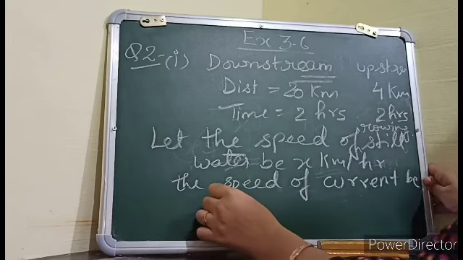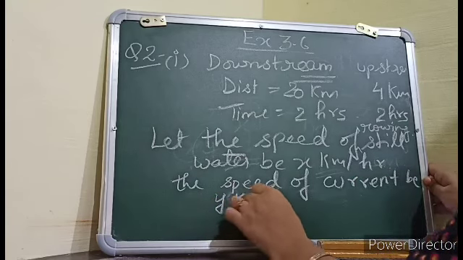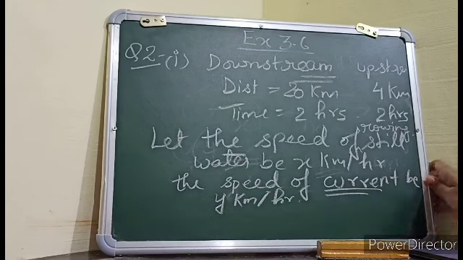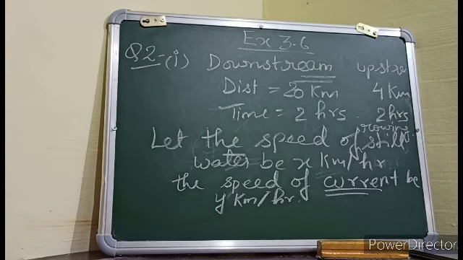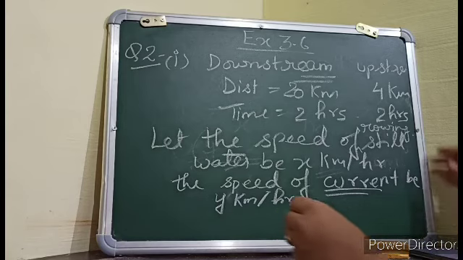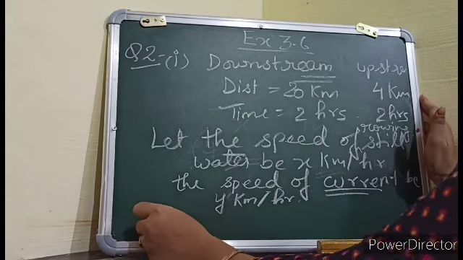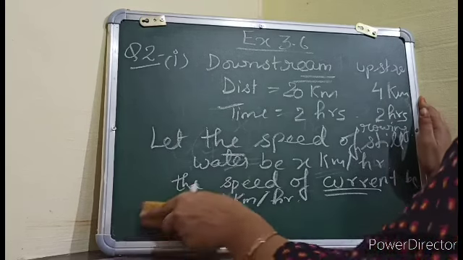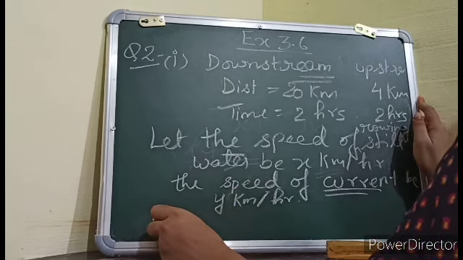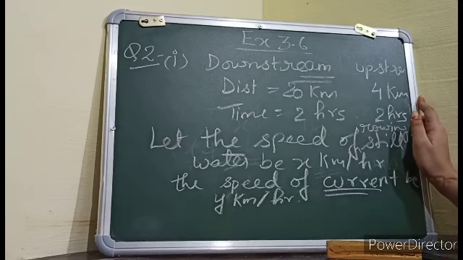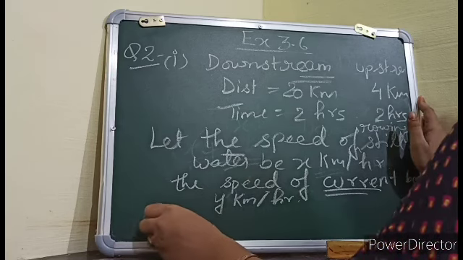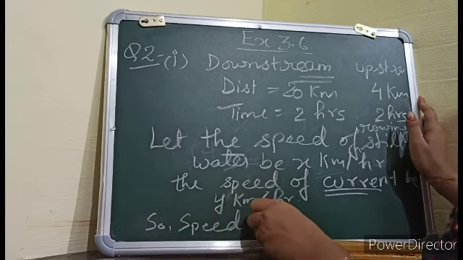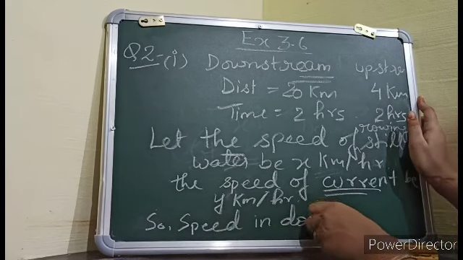be y kilometer per hour. This is the speed of current. Current means speed of water when water is flowing. So speed is y kilometer per hour. So speed in downstream